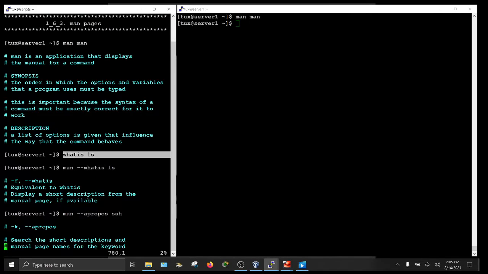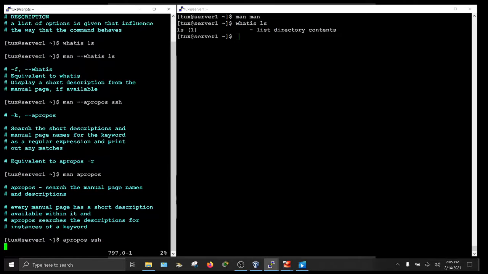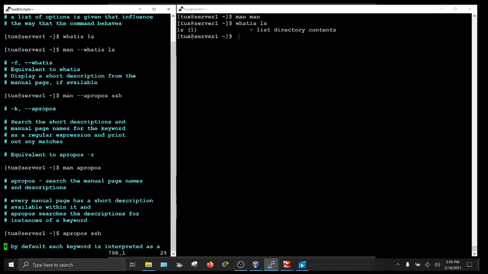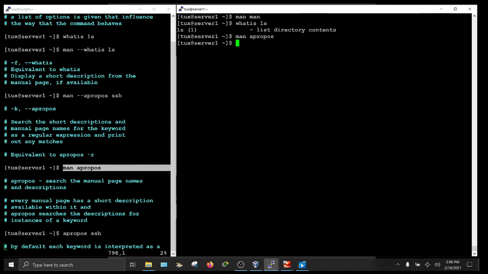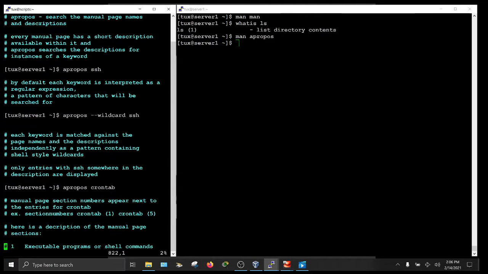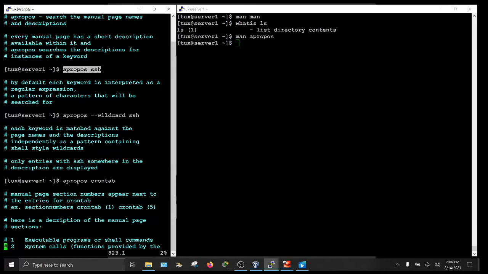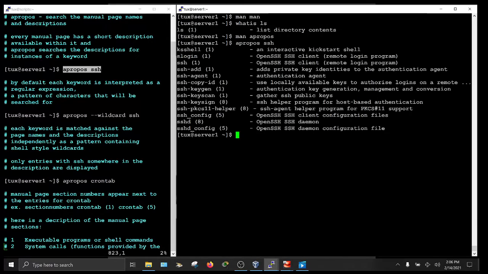And I have used the whatis command to show a very brief synopsis of what the command does. The apropos command, I think that's how you pronounce it, will search the manual page names and descriptions for a pattern that you specify. So let me quit out of this and let me look for a pattern matching SSH. And you can see our output here, but we want to refine that output